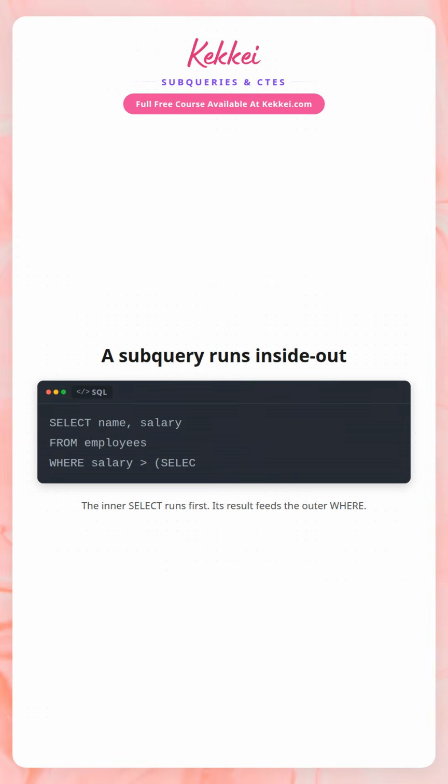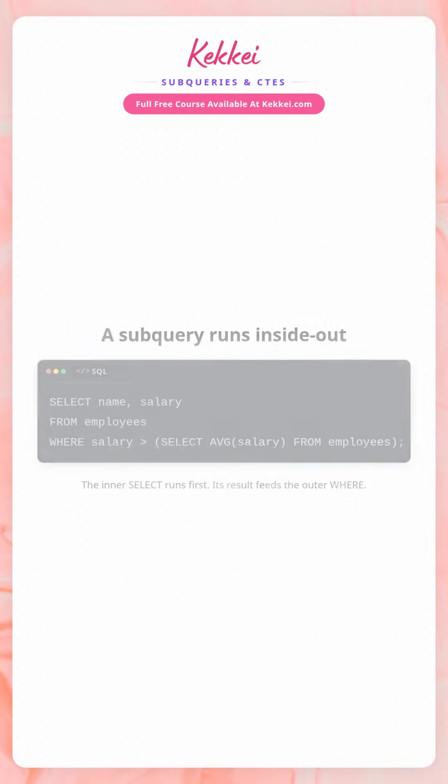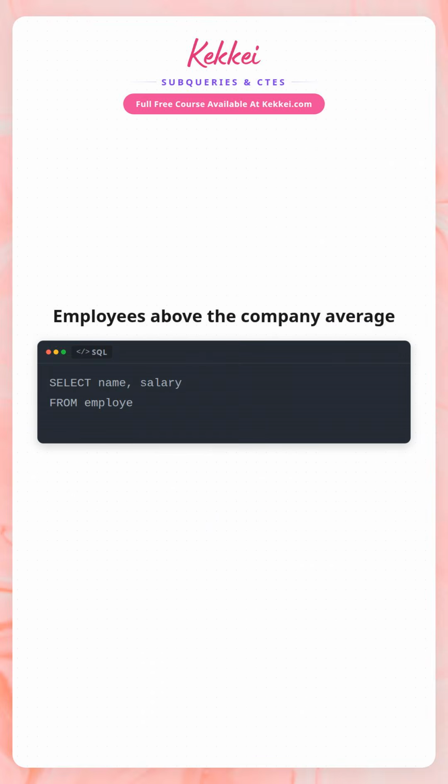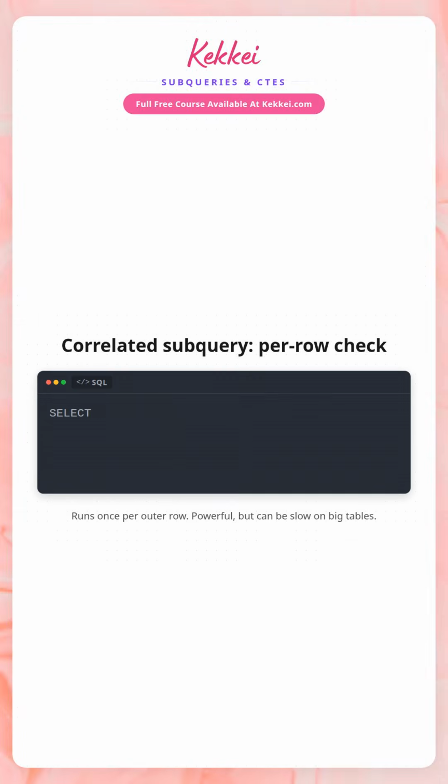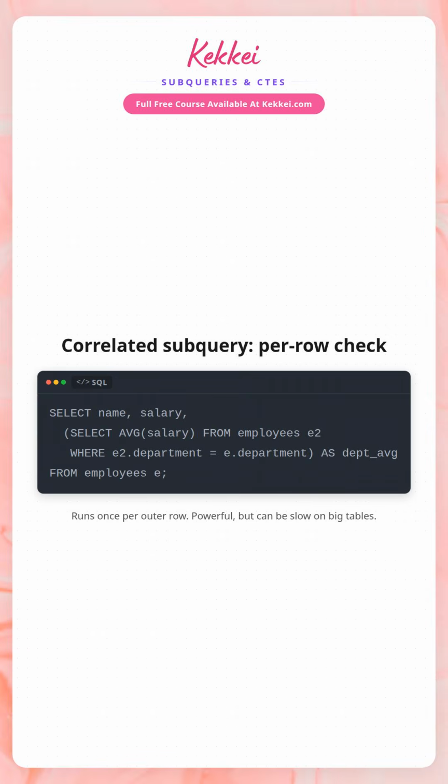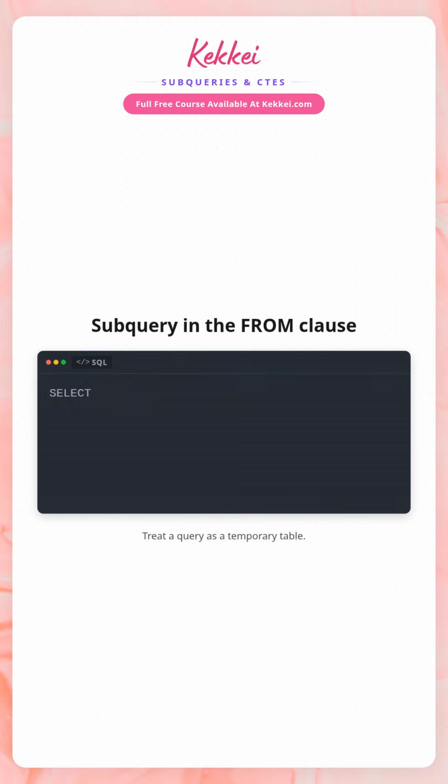It is a select nested inside another query, and the inner one runs first to produce a value. For example, finding employees who earn more than the company average uses one subquery for the average and a main query to filter. But a correlated subquery references the outer query, so it runs once per outer row, which is powerful but can be slow on big tables. You can also put a subquery in the from clause, treating it as a temporary derived table, which lets you